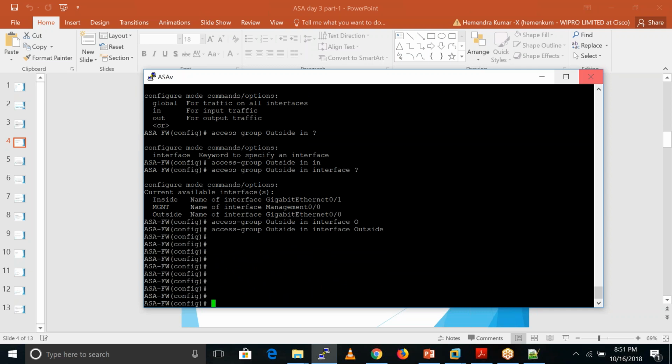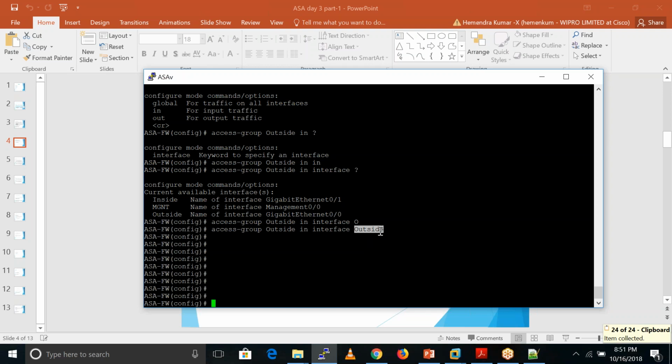What we are doing is access group outside, interface outside. This is the ACL name, this is the direction, meaning the traffic which is coming into that interface, the outside interface.